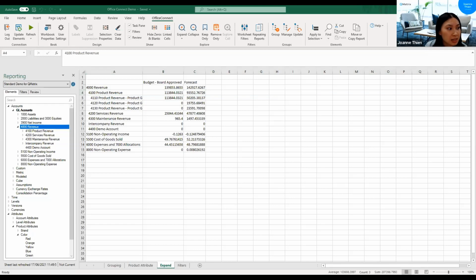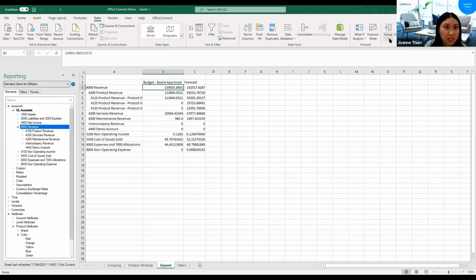I would suggest that this is a really useful tool if you just want to understand the detail or what makes up a certain number or value. So, you know, everything that makes up revenue for this account. However, I would say it's probably best for ad hoc reporting. If you were to do official board reports or potentially a shared report with your team, I would just use the Excel features itself, the data group and ungroup feature here.